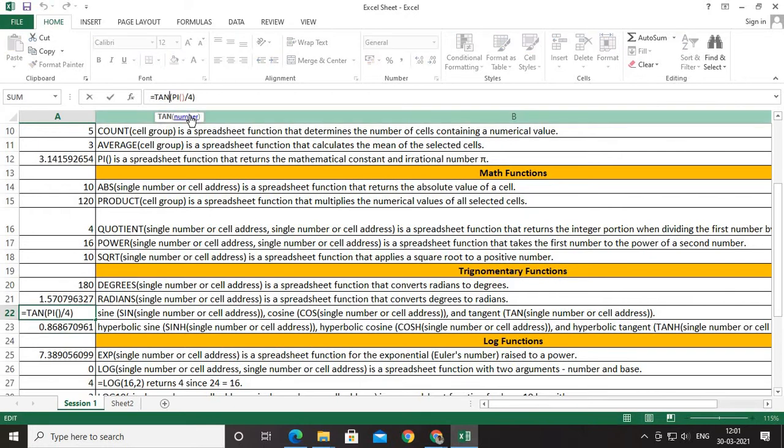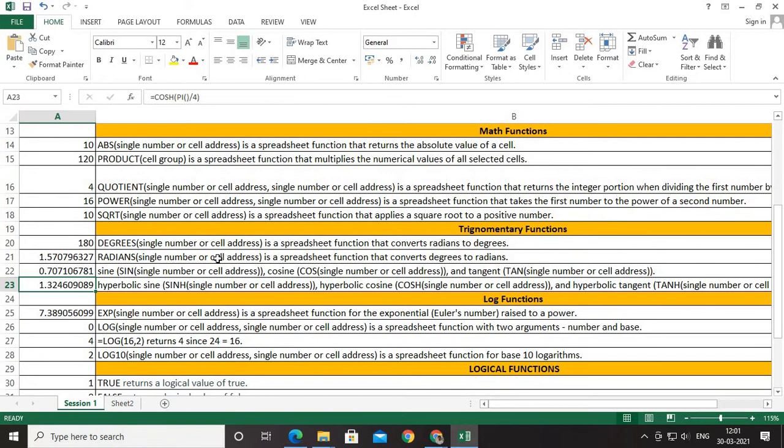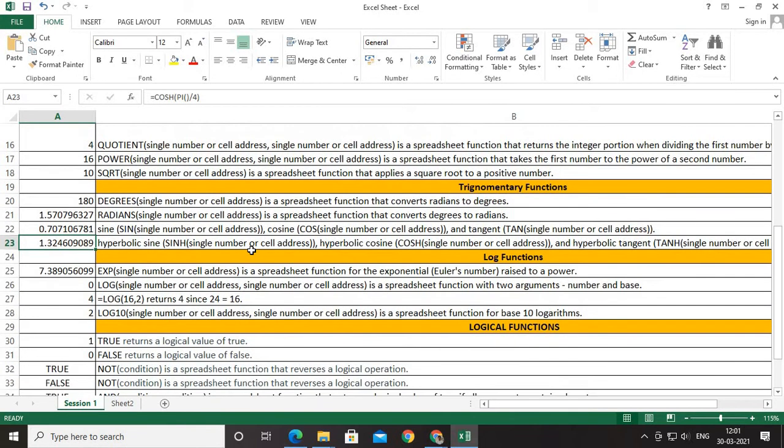Similarly you can make it cos. Maybe sine we will try. So when you do that, you get the values. That's all. It's very simple. You try it out. Next is hyperbolic sine, which means sinh or cosh or tanh. You can use any of them, and similarly I have tried that out. Sinh of pi by 4 is available here. You can make it cosh if you want, or you can try it out with tanh as well. So all these are real time and you get it immediately in front of you to understand them. So we have learned the math functions like ABS, product, quotient, power and square root, and similarly we have learned the trigonometrical functions like degrees, radians, sine and hyperbolic functions.